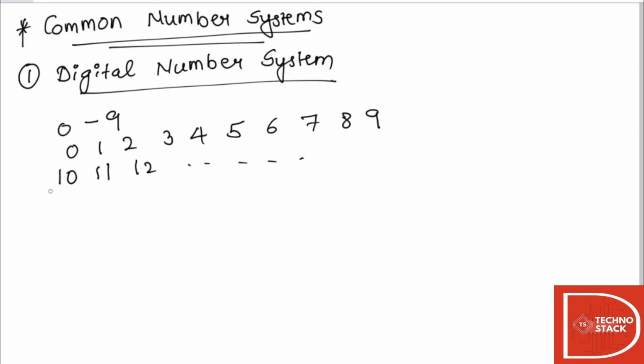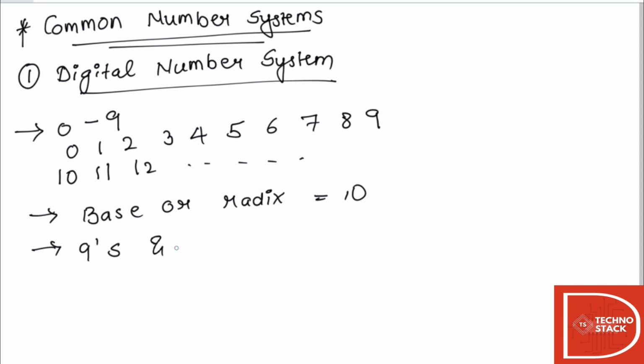The base or radix of this number system is 10. 9s and 10s complements are possible using any decimal number. We will be seeing how to take 10s complement, 9s complement ahead in tutorials. So 9s and 10s complements are possible in any decimal system. The next number system is